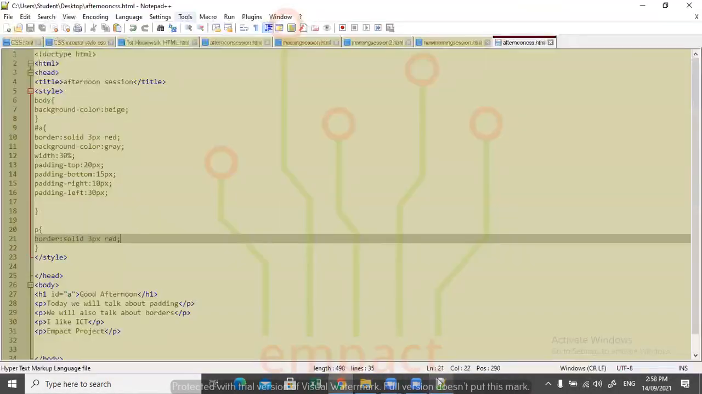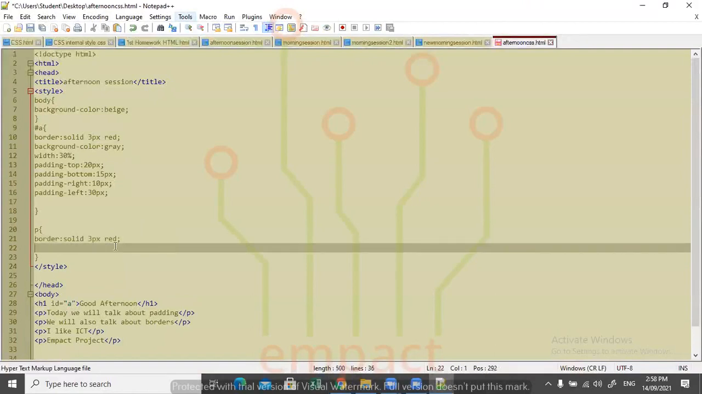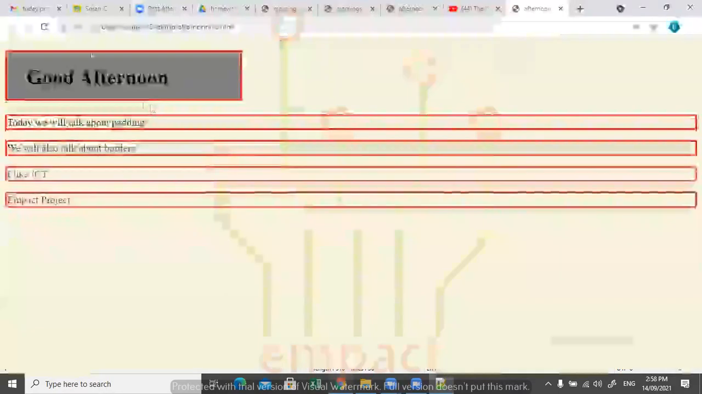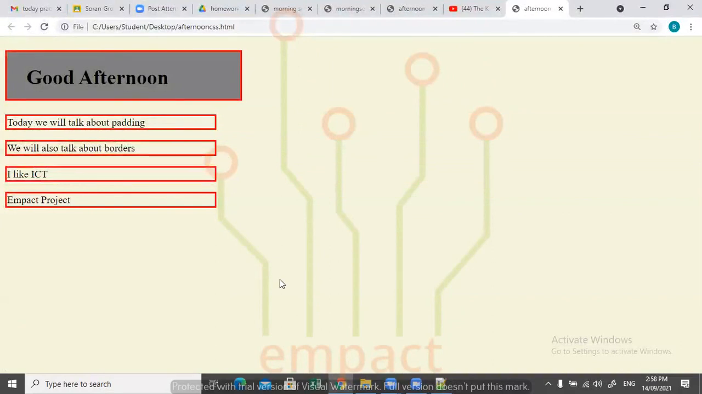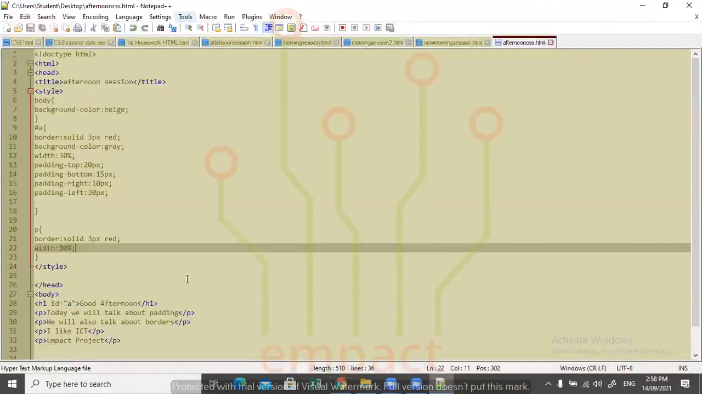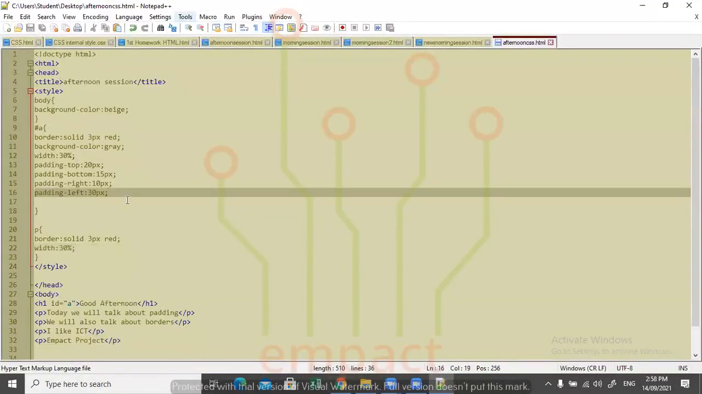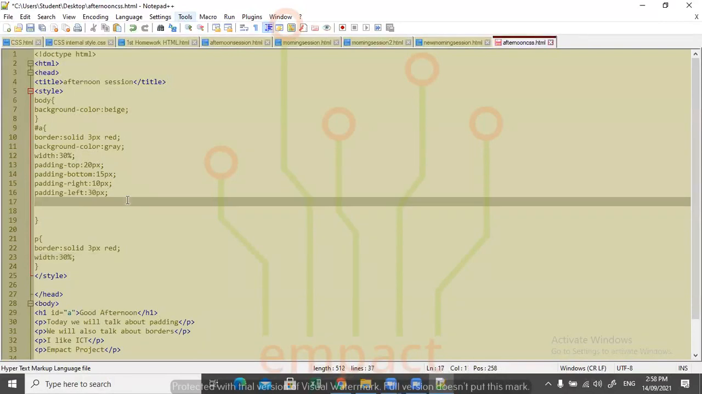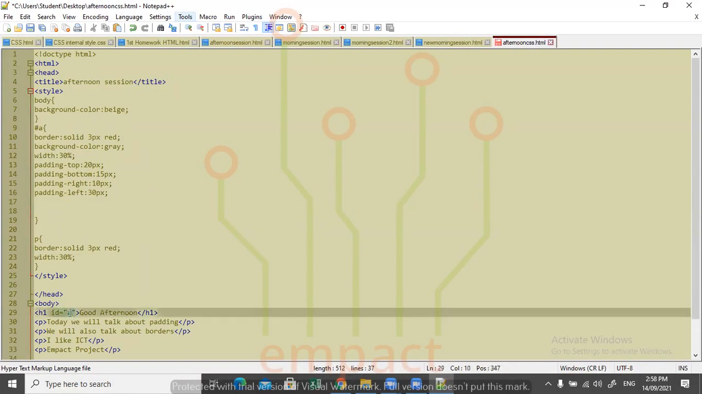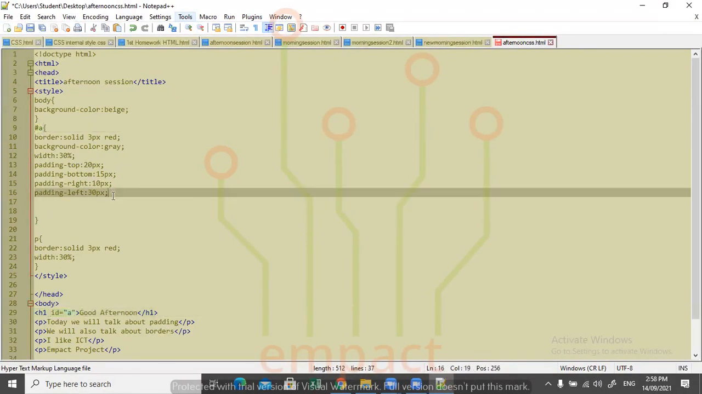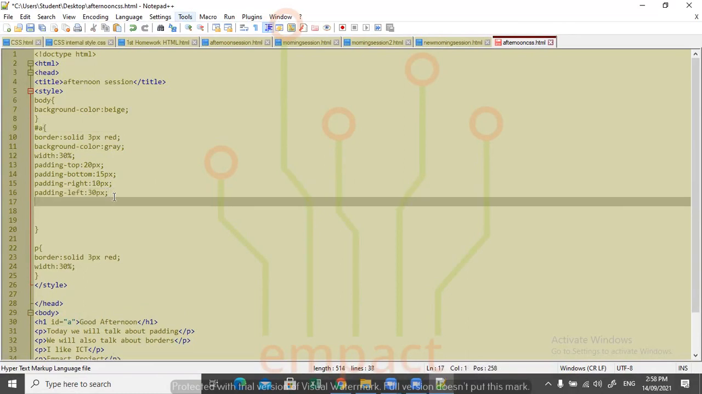Okay, and I'm gonna give them width as well. 30%, the same thing. Save. Okay, now it's time for me to give it what? Except for padding, I'm gonna give the same thing. Of course, this is for H1. You see, I called the ID here, so I'm still working on the A ID. Okay, I'm gonna go down to